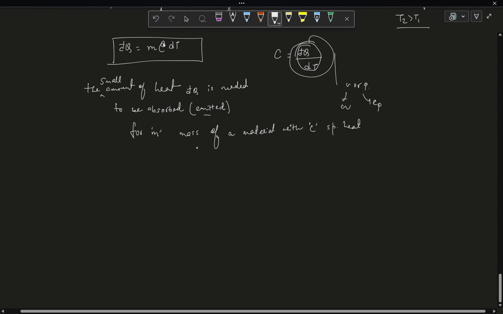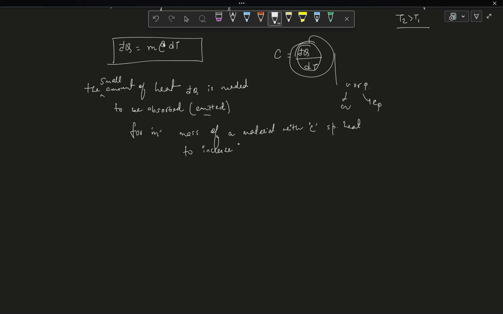So with C specific heat to either increase, or the other option in the bracket will be decrease, because these bracketed terms correspond to this. So whenever you are absorbing heat, you are increasing the temperature, but whenever you are emitting that heat, you are basically decreasing the temperature. So the definition will be how much heat will be needed with C specific heat to increase or decrease dt